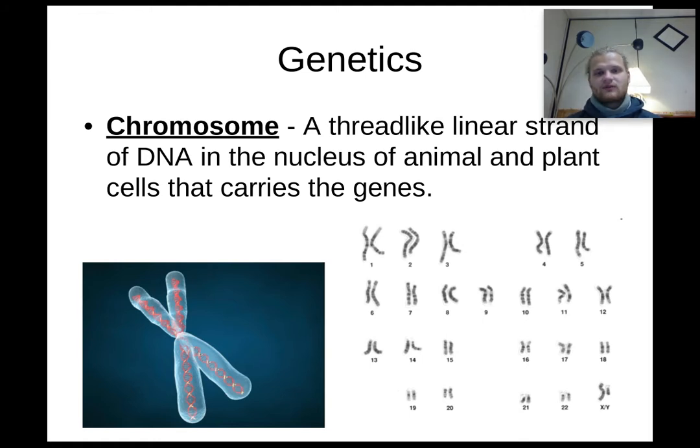Let's define chromosomes. A chromosome is a thread-like linear strand of DNA in the nucleus of an animal or plant that carries genes. Genes code for traits, and traits make up who you are. Genes is just the complex way of saying different parts of DNA. It's a segment of DNA that is going to code for certain traits, give you your curly hair, your blonde hair, your blue eyes, or your brown eyes, or whatever skin tone. So chromosomes are like these large sections of DNA, and genes are going to be specific to certain traits. Genes are found on chromosomes.